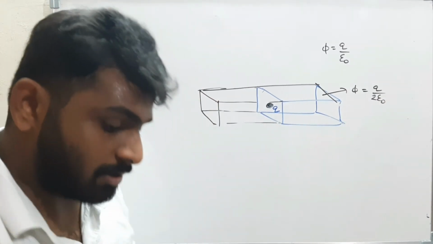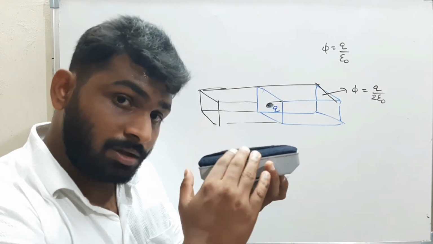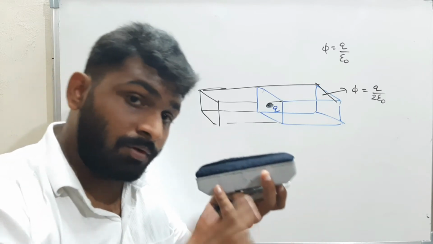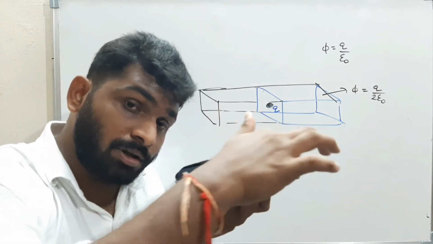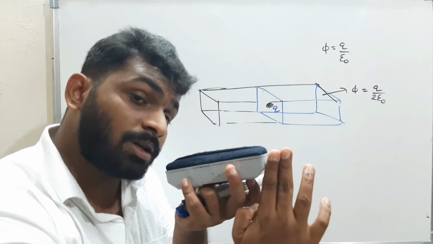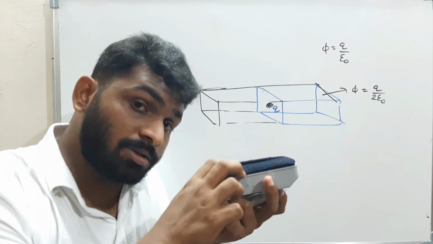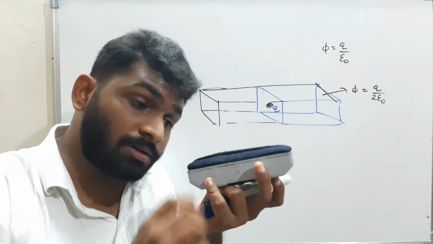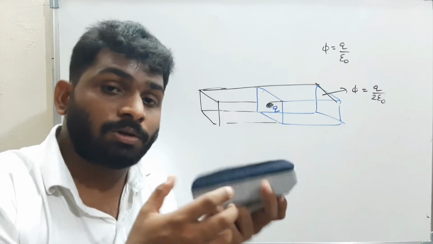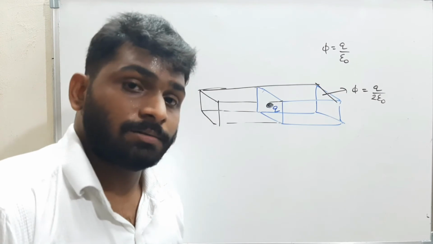Or you can imagine it like this. If this is the body, only half of the charge is inside this body. The remaining half is outside. Therefore, what is the charge present inside this body? It is only Q by 2, not Q, because outside there is one more half. Therefore, what is the flux? The flux is Q enclosed over epsilon naught. What is Q enclosed? It is Q by 2. Therefore, Q by 2 epsilon naught. I think that is clear.